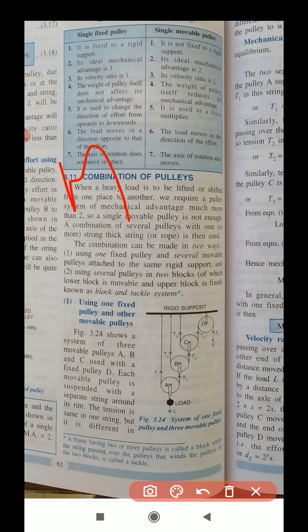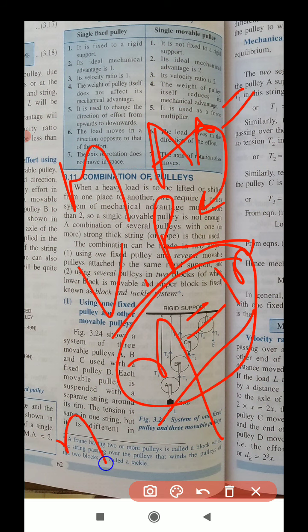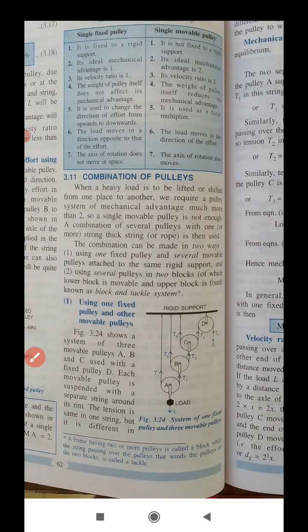Basically we are learning these three: mechanical advantage, velocity ratio, and efficiency, eta. When efficiency is 100%, mechanical advantage and velocity ratio are equal. You need to remember this. In the exam we will work with the ideal case, meaning eta is equal to 1. Eta 100% means we put eta equal to 1. That means if you calculate the mechanical advantage, you will get the same value as the velocity ratio. As usual, we will calculate these three values, and the chapter topic will be over.